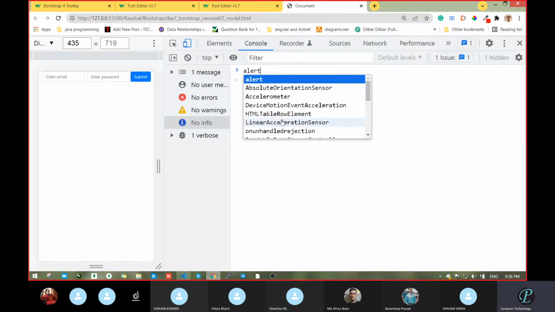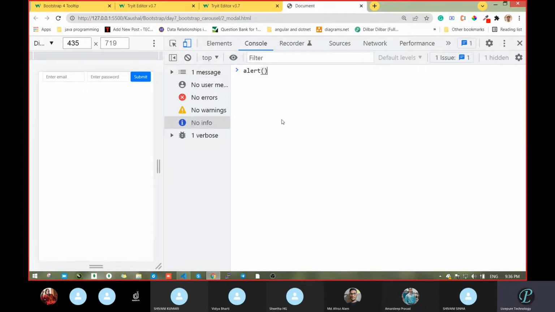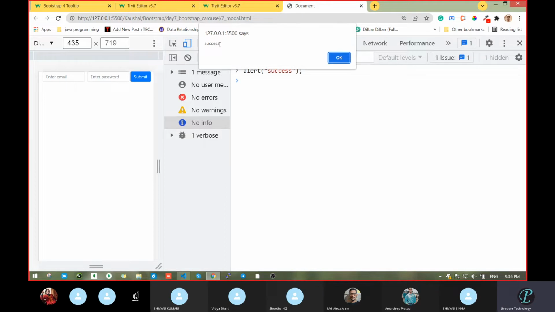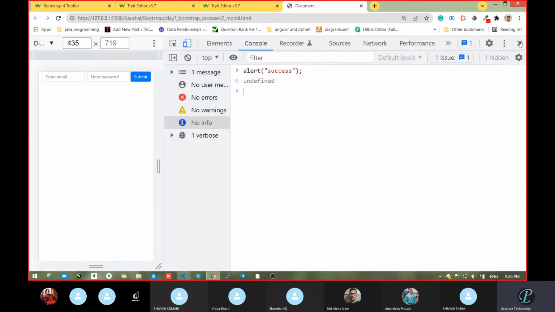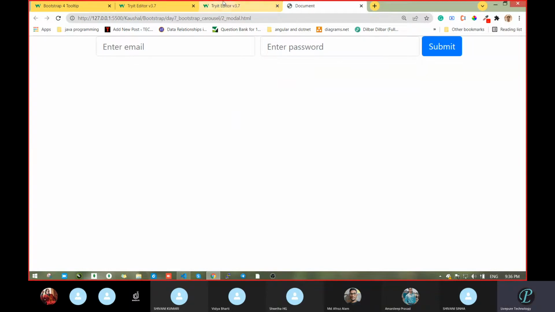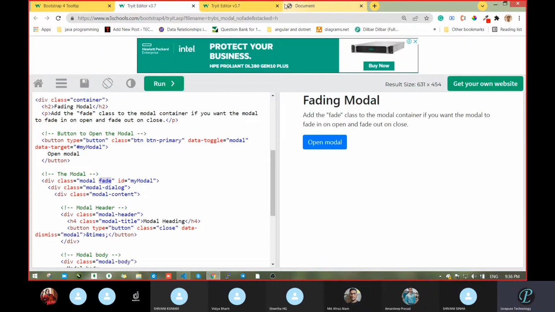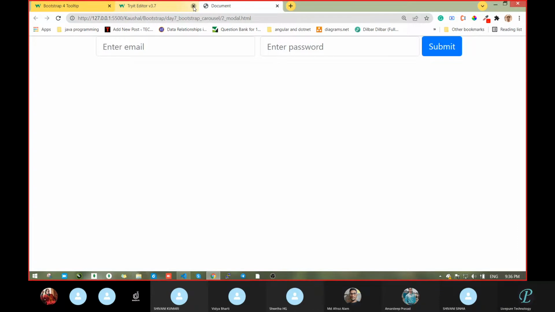Yes, so here we can pass alert, and after that any message, for example success, ignore the spelling mistake. So we got the pop-up message. In place of this type of plain dialog box, we can go with the modal pop-up. Got it? Anyone having any issue? Tell me.